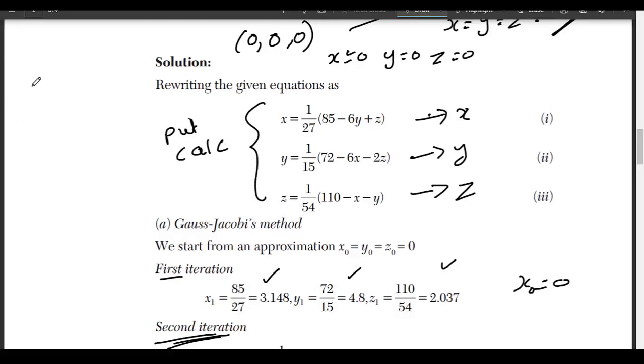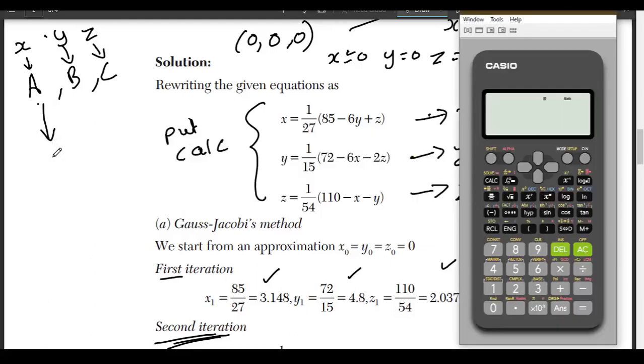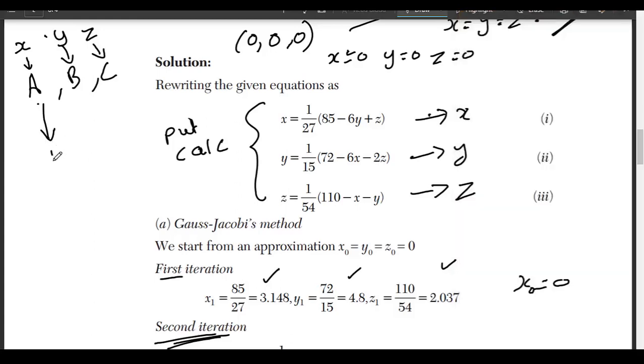Now in the calculator there are variables to store values. The variables are a, comma, b, comma, c. These three variables we are going to assume as x, y and z. Similarly, the answer from the first equation we are going to store in the calculator only. The answers we are going to store in D, E and F.